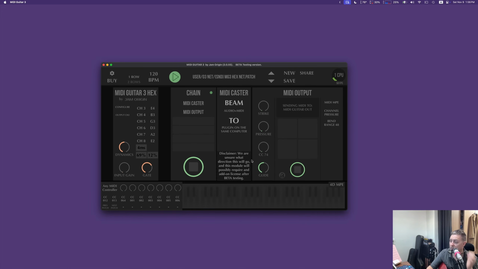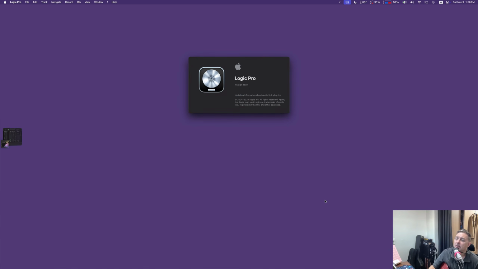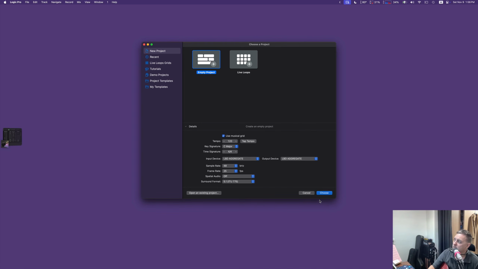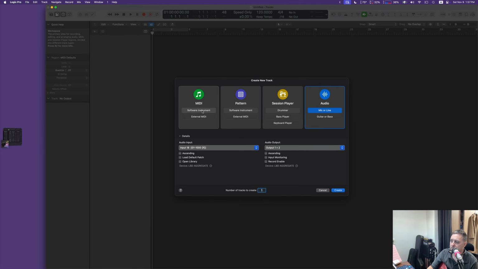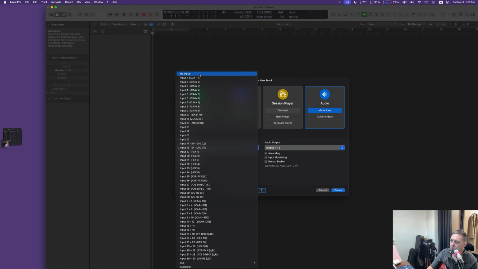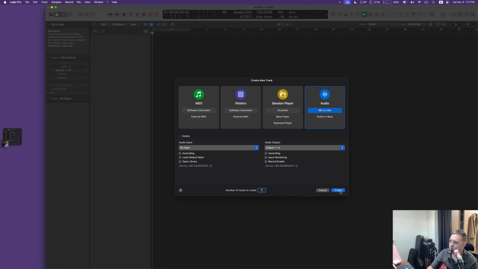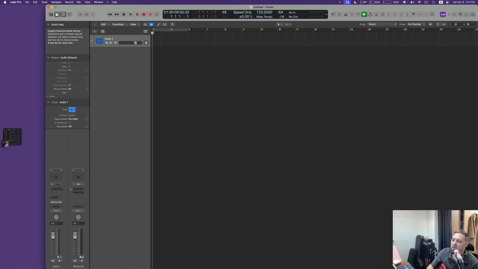Okay, just for the hell of it, I just want to see if maybe this will work in Logic also, because as I was saying, I had a bit of trouble getting the multi-channel audio input, the surround input, to work with the MIDI Guitar 3 plugin. I'm going to try again, but let's see. So first of all, okay. So you can choose a device with no input, but what's going to happen when you choose MIDI Guitar 3,